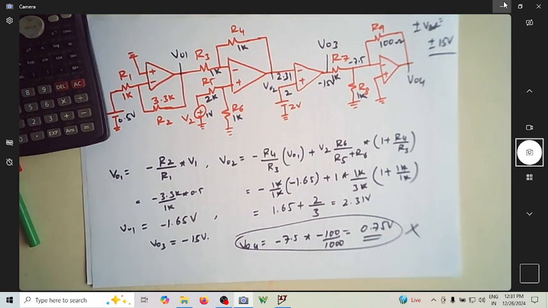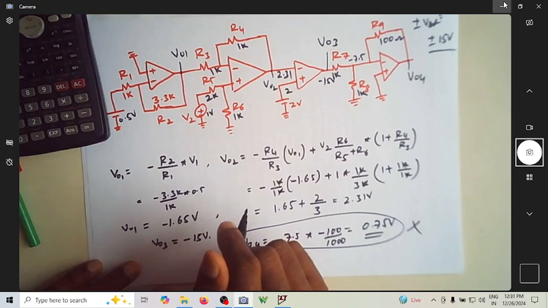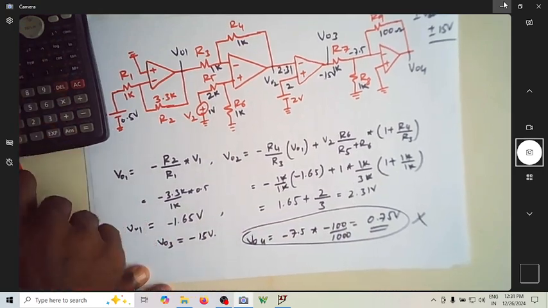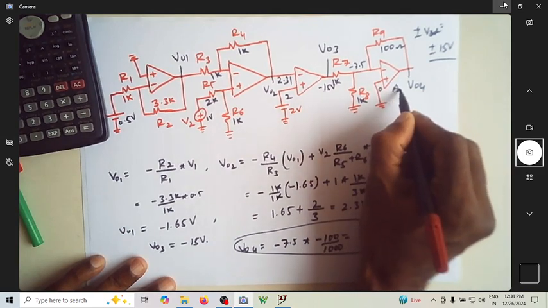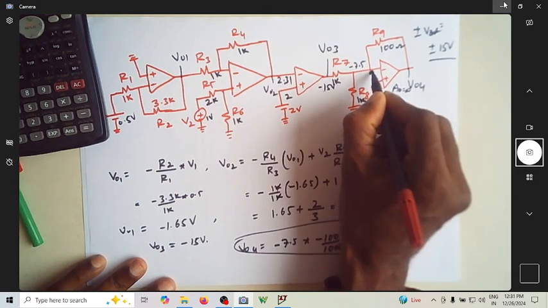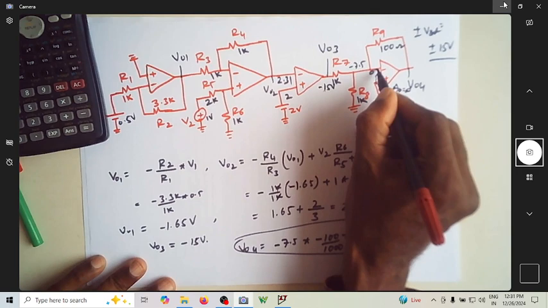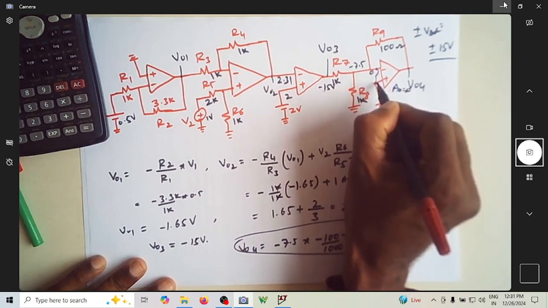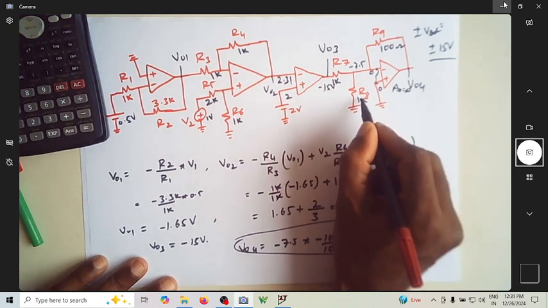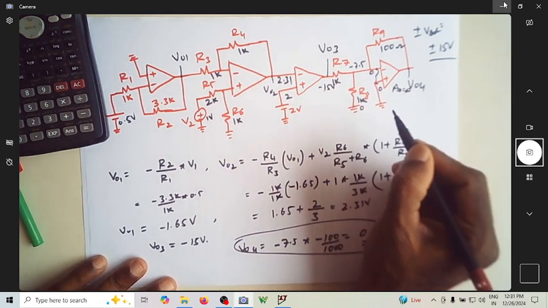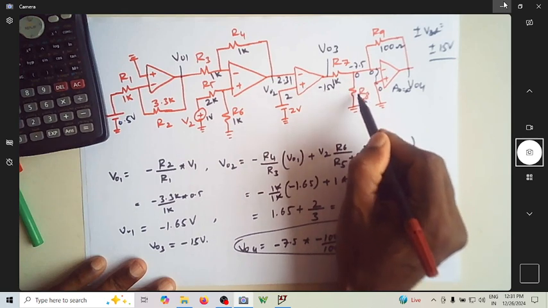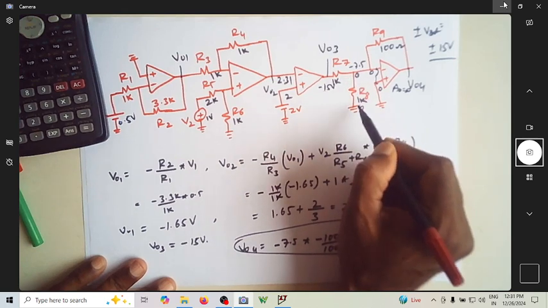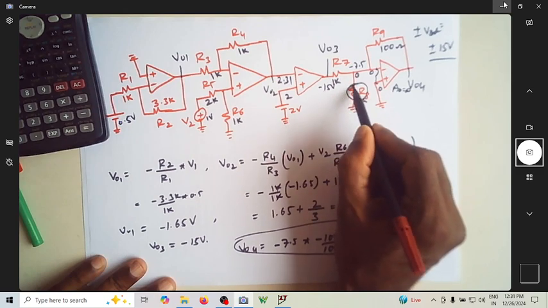But actually this is not the correct answer. So then what is the correct answer? Now if you see this, the voltage here is 0. Because we are assuming A naught to be infinite, the voltage here is also 0. That means there is no potential difference between the inverting terminal and non-inverting terminal. So here also it is 0. Since one end of R8 is grounded, the other end is also 0 volt. Typically you don't have any voltage difference between this point and this point, so that now this is like a